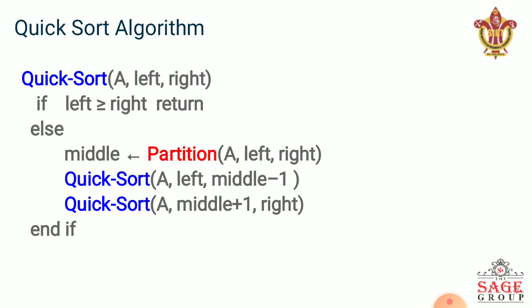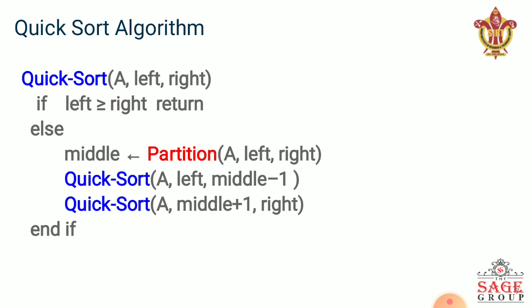So firstly we have seen how the quicksort algorithm works and how it can be defined. In quicksort, three parameters are passed: an array, the left index, and the right index. The left index represents the lower bound and the right index represents the upper bound. Firstly we work on our base condition, because it is based on divide and conquer techniques. How does the base condition work? If the left index is greater than or equal to the right index, then return, because a single element requires constant time for sorting.